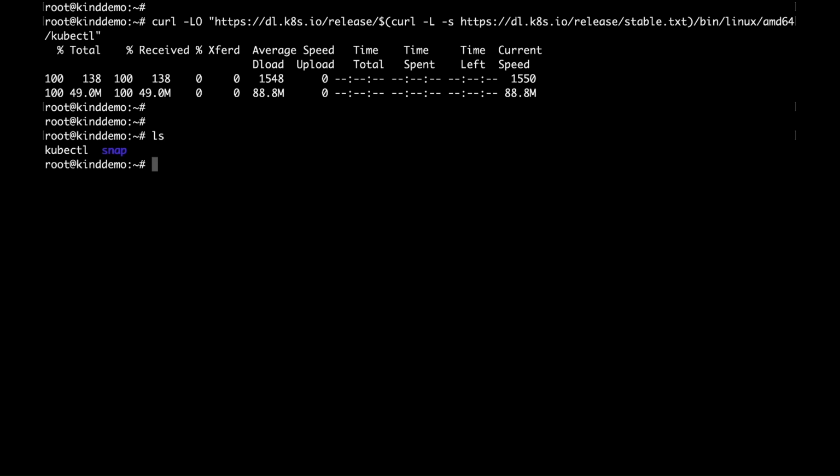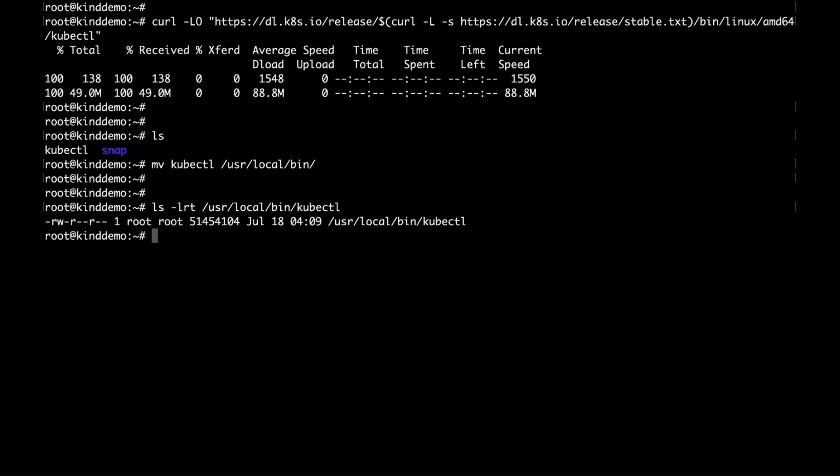So we have kubectl here. Let's move kubectl to user local bin. So it's there. Let's try to run kubectl --version to check the version of our kubectl utility. See here, we are getting a permission denied error, which means we have to give the executable permissions to kubectl